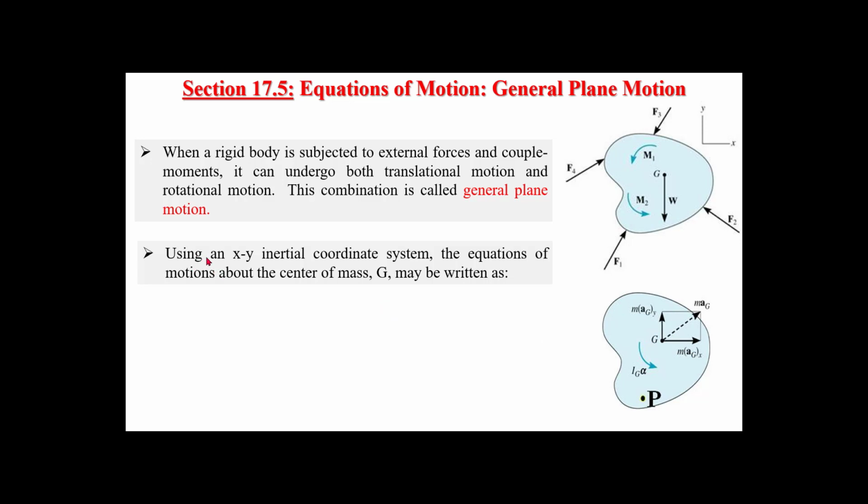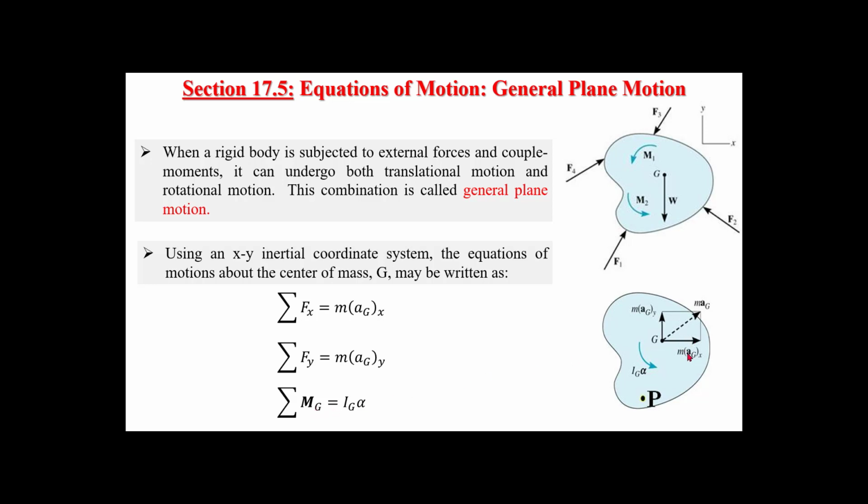Okay, using an xy inertial coordinate system, the equation of motion. So usually we adopt this coordinate system. Okay, so it depends, but usually we use this coordinate system. So the equation of motion about the center of mass G may be written as summation of force in the x-axis, summation of force in the y-axis, both of them equal m a_G, one in the x and the other in the y. Summation of moment about G equals summation of moment due to kinetic,